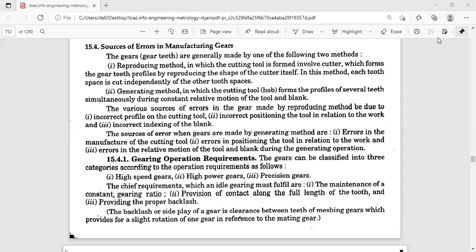Lead is the axial distance of a helix for one complete turn. You have to say that. That is very important, because it is a very important parameter in the quality of gears, because you have to have the control of lead. That we'll try to discuss elaborately, all the parameters. So lead is one, backlash is one. Backlash already we have discussed, only one definition, but I'll try to give the alternate definition and discuss elaborately what are the factors affecting backlash.